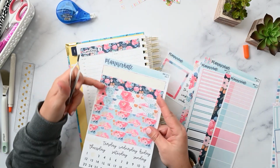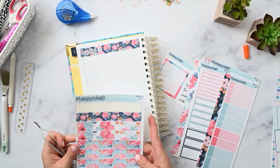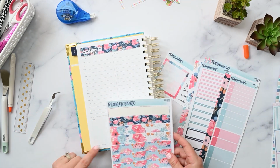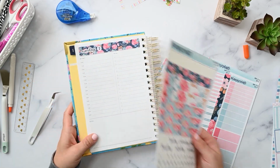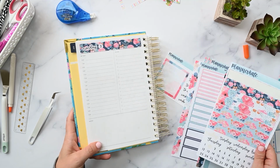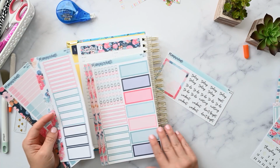And you can even use these if you don't want to use them every day. You can just use these as washi. You could put the matching one here at the bottom, but there's enough to do the whole week. So if you want your weeks to match, you've got the whole week. Okay, so then these here are all the different